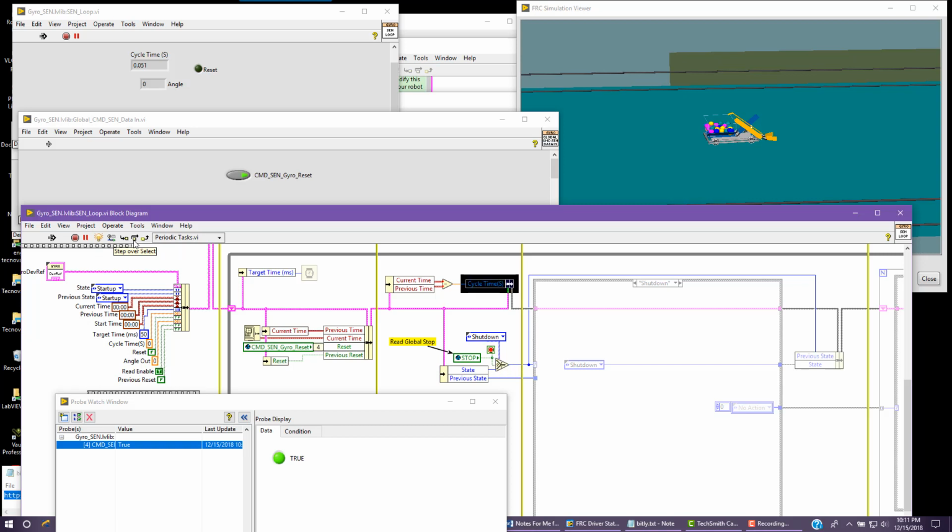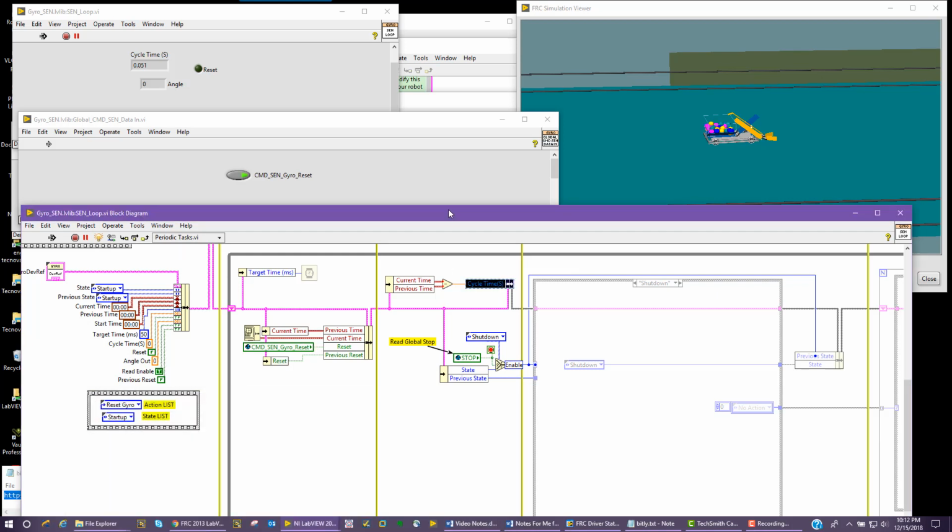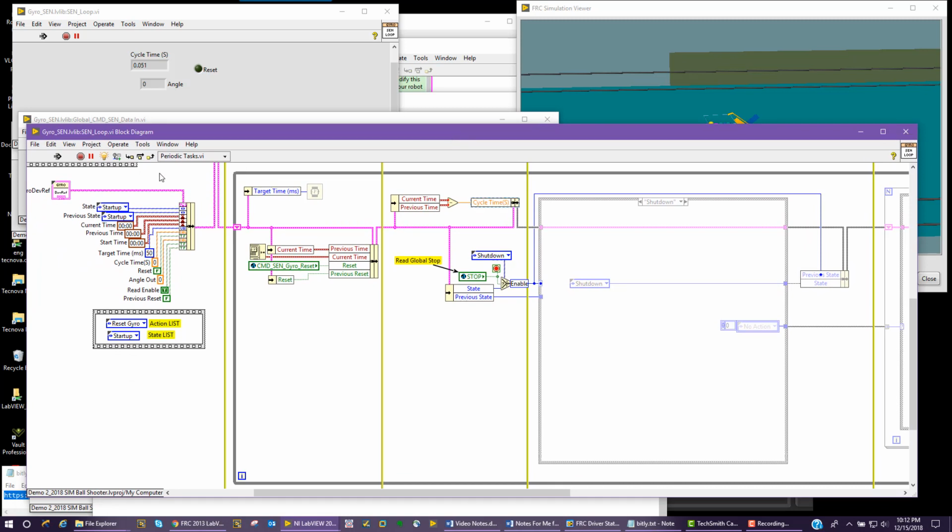I read the stop button. The stop button was false. So we go into our enable. I'm going to close this probe so that we can see a little better here. Then we're going to bundle our cycle time. I'm going to step over that. Now we get into our state case, and we're going to step into